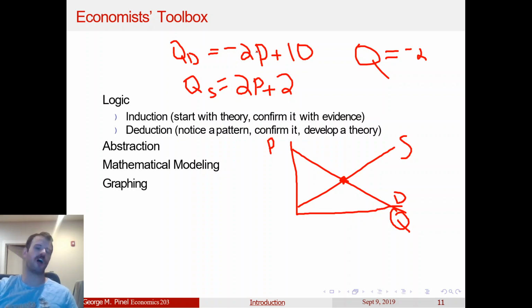Okay. We also use logic for the supply curve. As price goes up, businesses want to sell more of the good, right? Or more businesses would enter, and therefore there would be more to sell in that sense. Okay. So that's your kind of logic that generated some mathematical relationship. But it's not necessarily the case that we went directly from that logic to the mathematical relationship, because we had to abstract in the meantime. What was the abstraction? Well, I just said it, right?